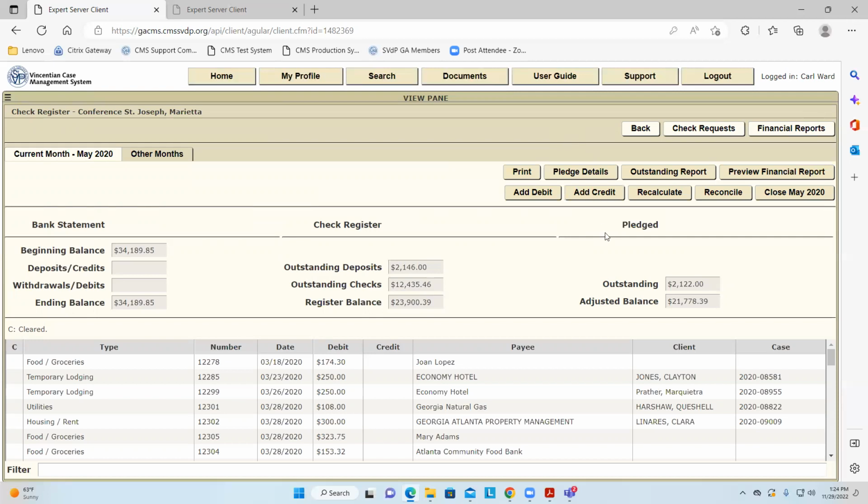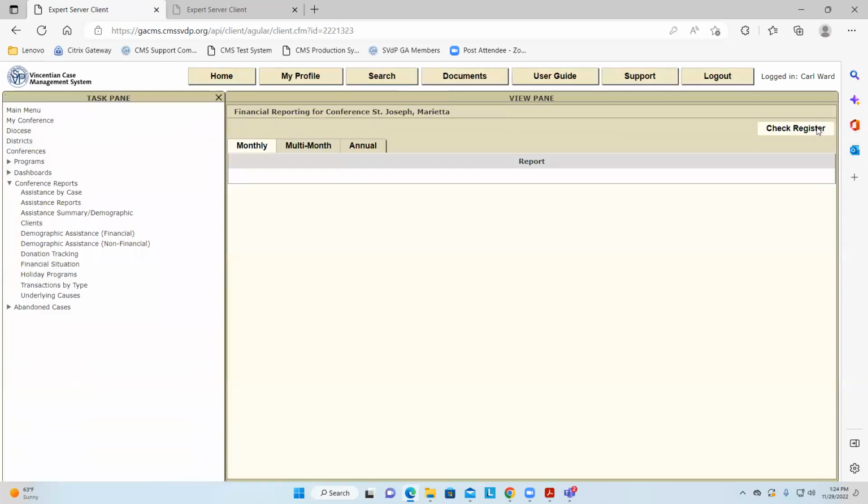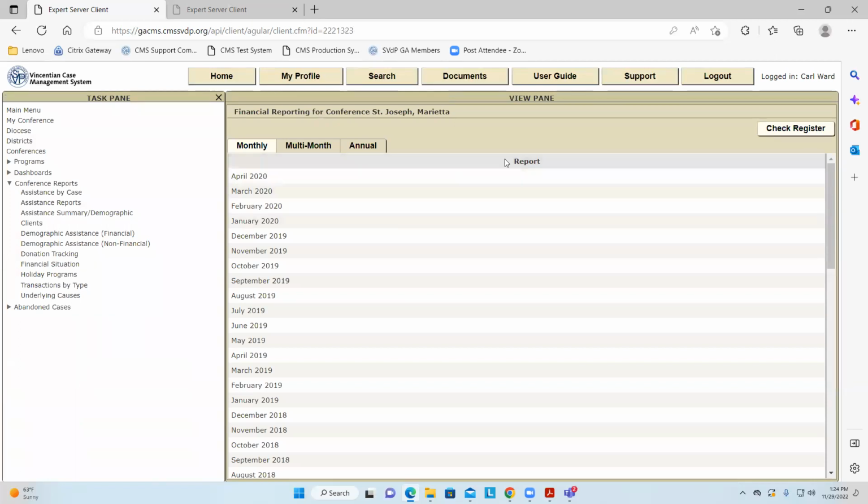Although at this point in time, we don't need paperwork to come to the council. But yes, the treasurer reviews it with the president, who then sends it on to the district treasurer, who consolidates all the conferences together and sends them up, or basically says, we're good. Because the truth is, once they close, it's already posted, and we have access to it. Exactly. So where do you find those published reports that you would send to the next level up or make available? Right there.